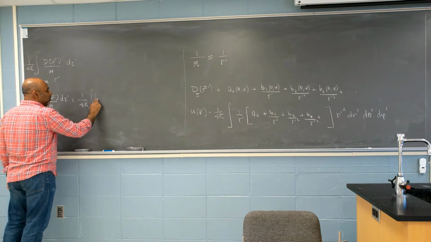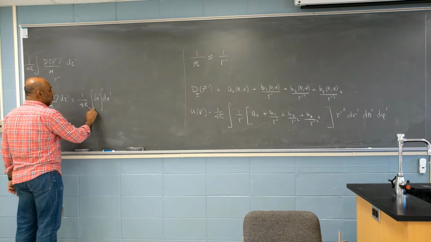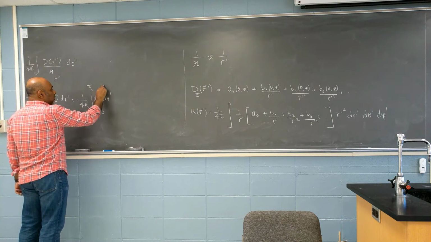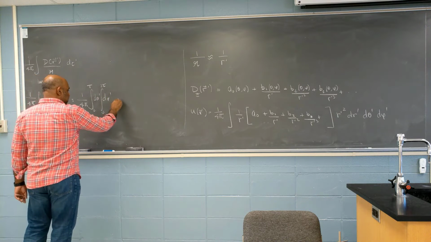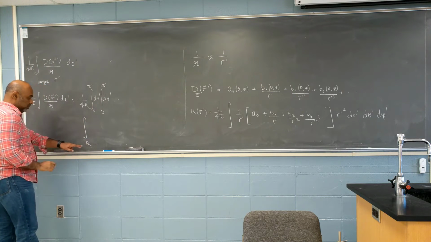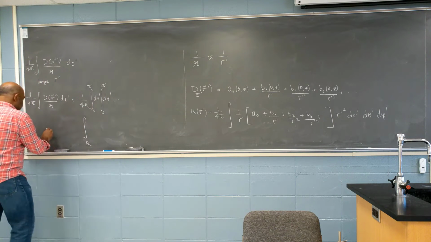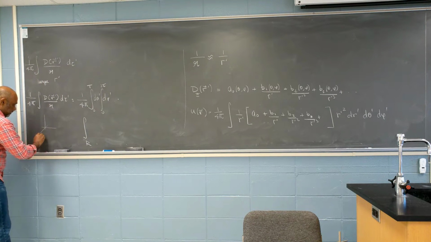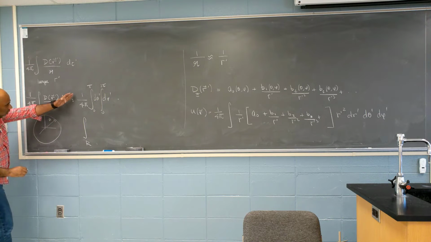And then I don't even care about these two guys, 0 to pi, 0 to 2 pi. I'm interested in this r prime integral. So times this guy. Let's say some r not, far away. So I'm in region 3. I'll pick some huge R, fixed. And then from here, all the way to infinity